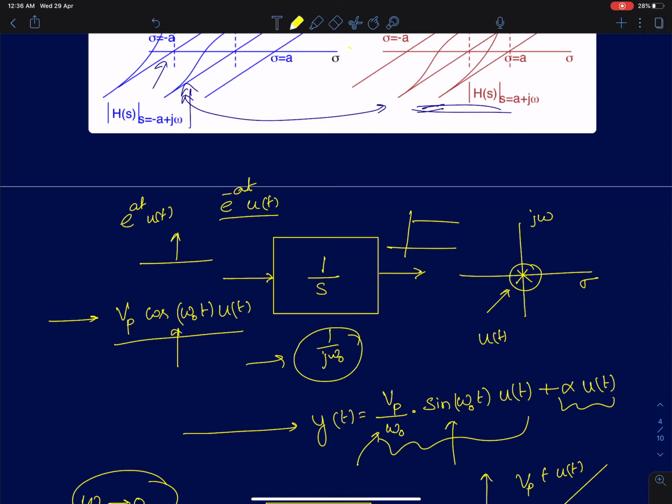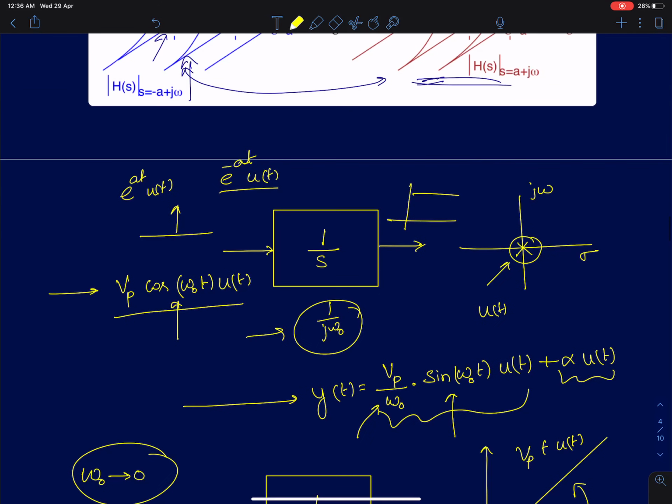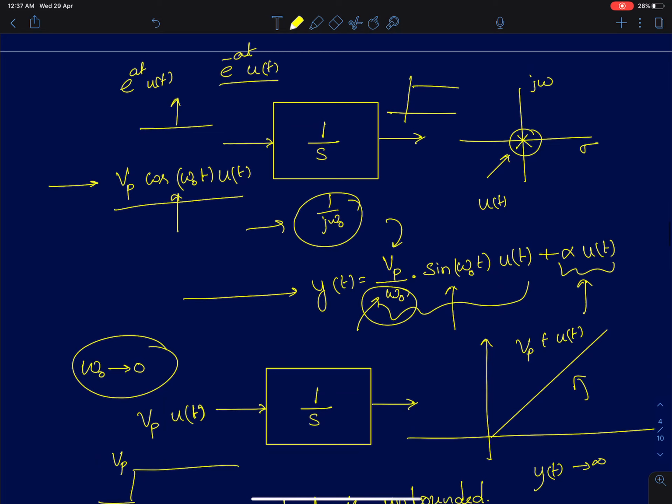Now if you see, if your frequency omega naught is finite, this term is going to be finite, and this is also finite, which means the output is bounded. So you apply any non-zero frequency sinusoid, you are going to get a bounded output. Of course, the gain can be large for lower frequencies, but still a bounded output. But what happens at omega equal to 0? At omega equal to 0, we can see from here the forced response itself tends to infinity. The natural response is finite, it's not blowing up, but the forced response is blowing up to infinity.